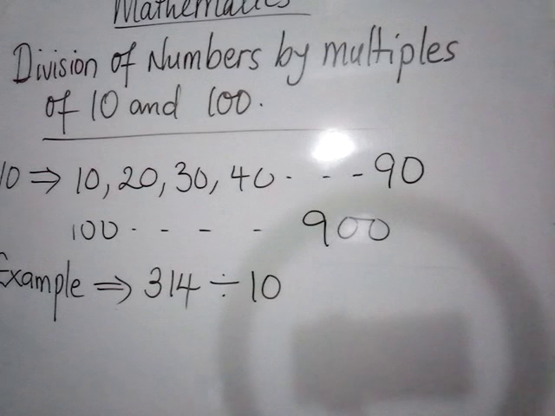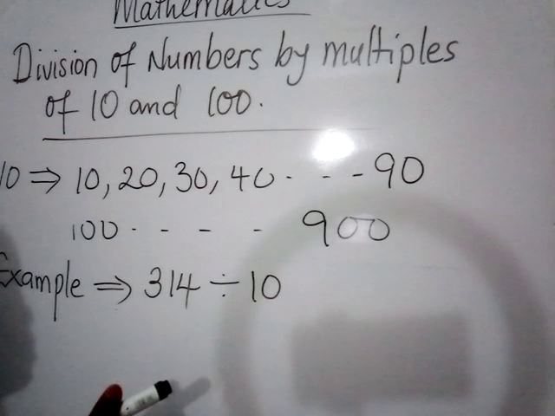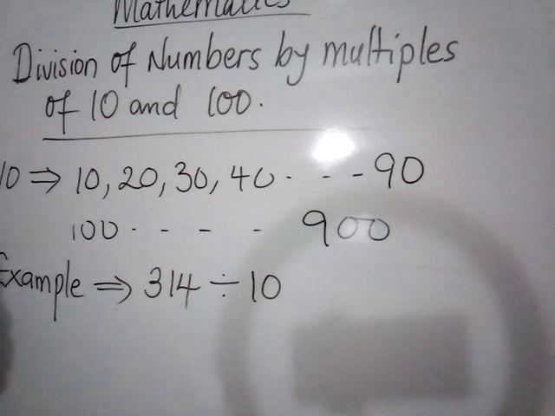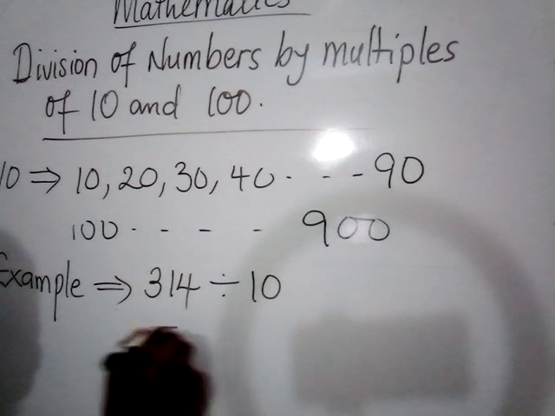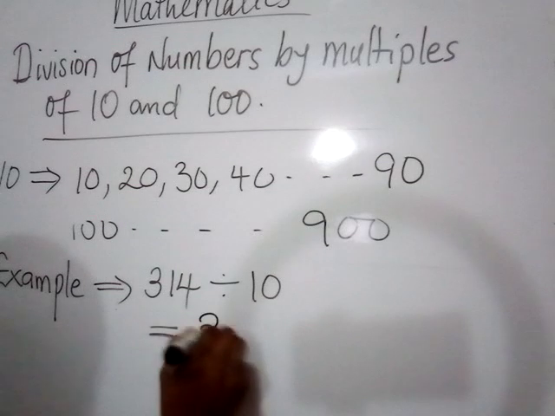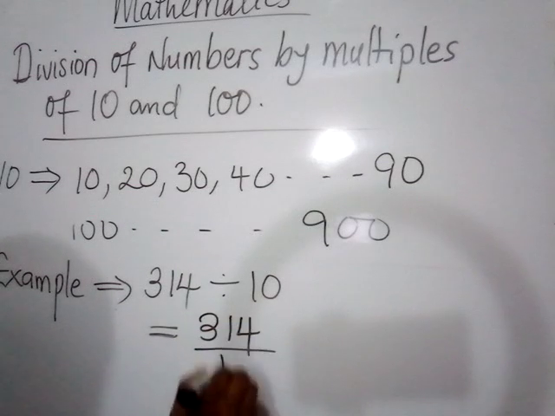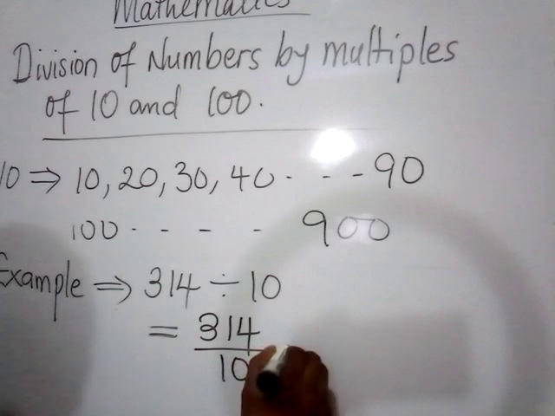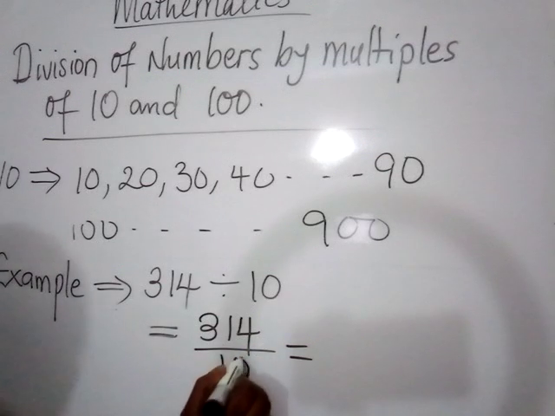Let me just quickly say this. There are different ways we can go about this. If you want to use the long division process, it is okay, you can, but there are other faster ways. So I will just quickly use the faster way here. In the case of a number like 10 that just has the digits 1 and 0, you can write it like that, and then when this 0 goes,